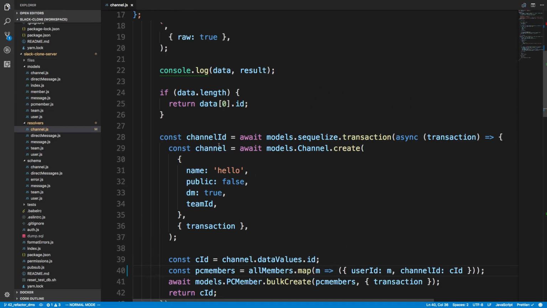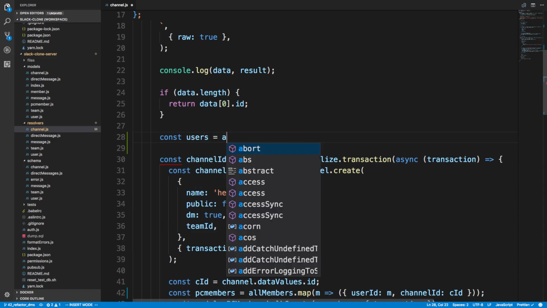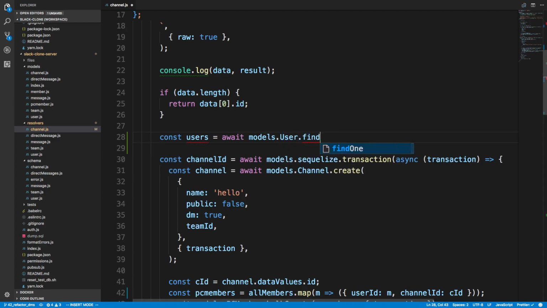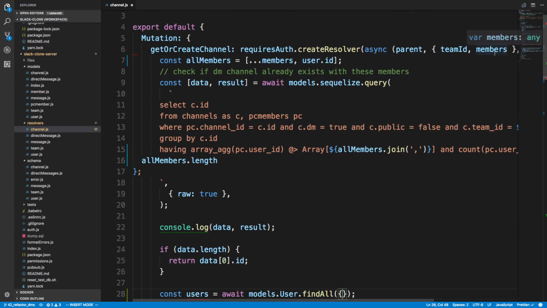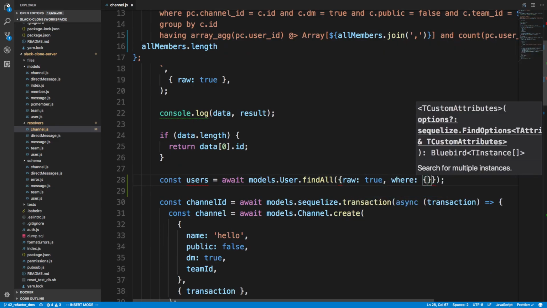Use allMembers. And we're good. So now here what I can do is I can get const usernames. We're just going to grab all the users basically. And we're going to say await models.user.findAll. And here we just want to find all the usernames associated with our members, because that is just an array of user IDs. So I'm going to make this a raw query, and then we're going to say where, and we're going to say user ID,